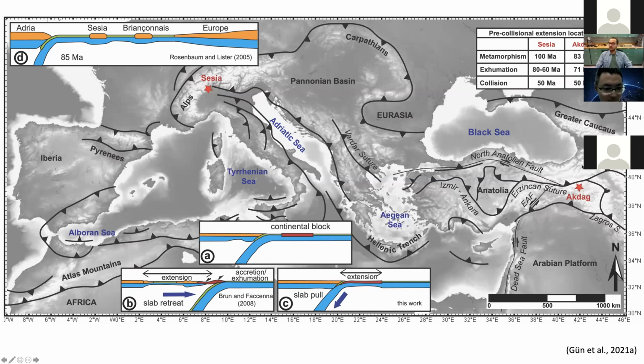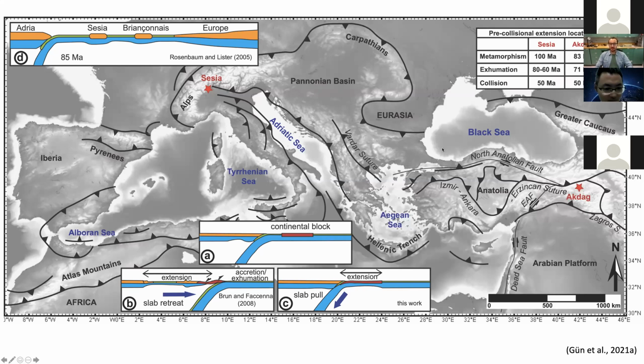But again, we know very well that the collision along this Mirankos-Erzincan suture, the closure of this suture, is 50 million years ago. And again, this evidence says otherwise. So this extension happened prior to collision. So this is an interesting question. How is it possible to create this kind of extension prior to collision? That's why we